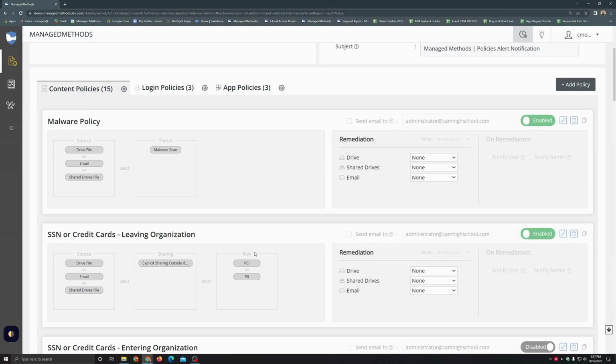So for example, here on the social security number or credit card numbers leaving the org, this is where it's going to be looking at that outbound traffic there. So are things leaving the organization? Have people sent things to the outside? Have they shared things to the outside there? And this is where if you come over to the None and click the drop-down arrow, you'll be presented with some different remediation options. You have the ability to delete files, quarantine files, break shares with revoking shares there, warn end users,